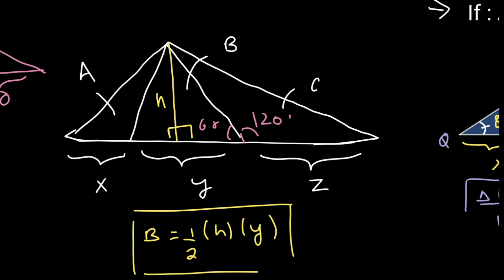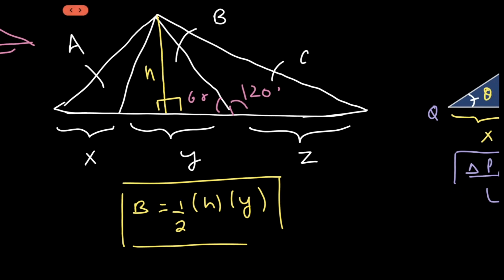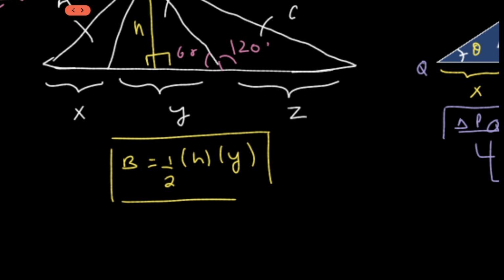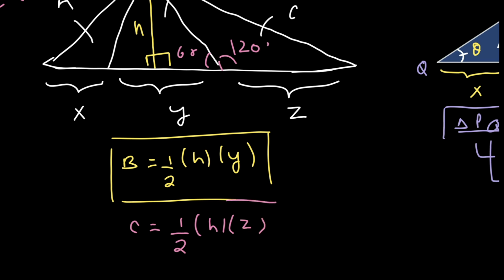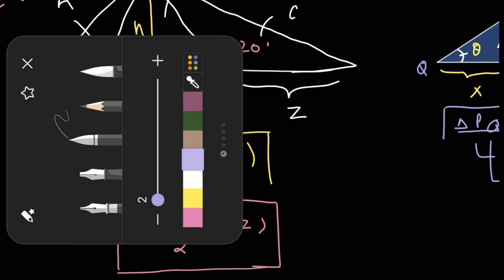So here in this diagram we have the height and this line is a straight line, so ultimately the base is extended. Hence the area of that triangle that has been taken as C would be equal to half times the height h and the base that is z. So here we have got the area of the second triangle, and similarly we can see that the first triangle